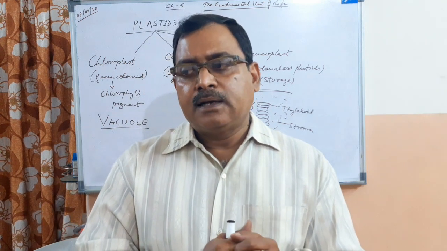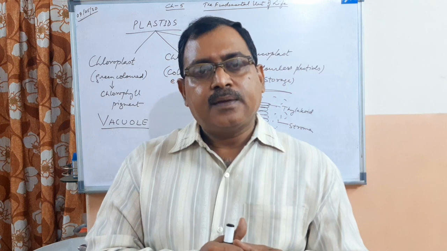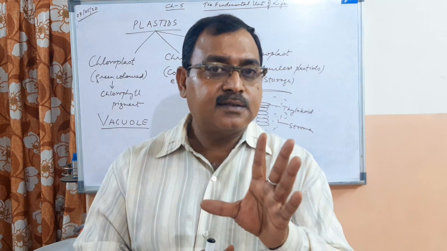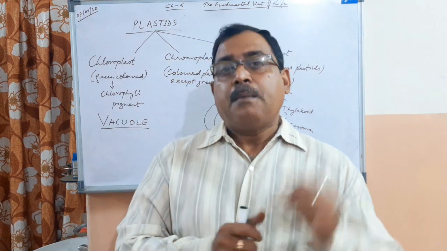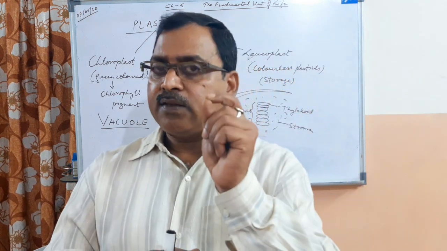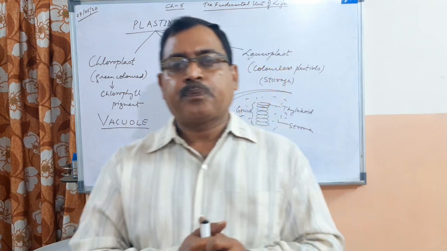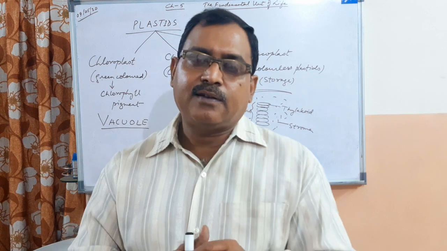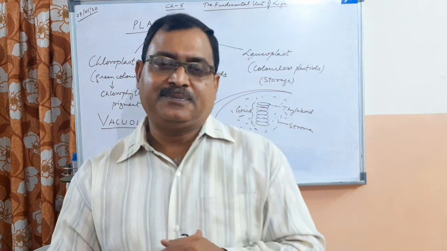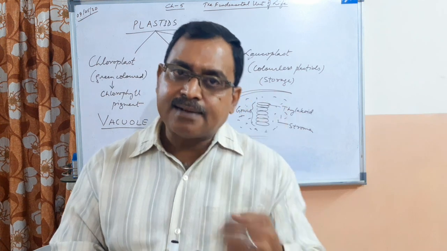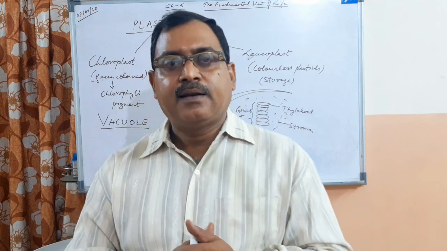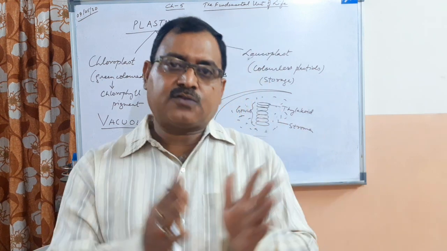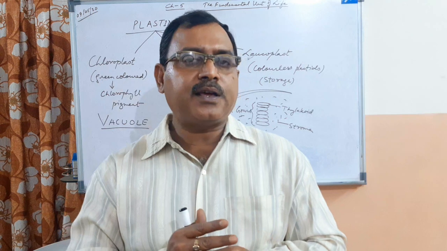Now, this vacuole, I told you vacuole is very prominent and very big in size in case of plant cell. But in case of animal cell, they are very, very small in size. Now in case of animals, think of amoeba. This vacuole forms food vacuole. Means whenever any food particle enters the body of amoeba, it forms a vacuole which is called as food vacuole. There it is digested, and whatever excretory substance is formed, that is thrown out of the body and the food